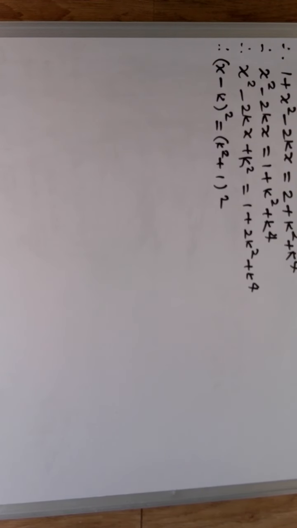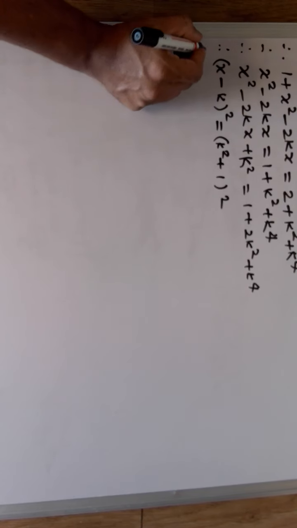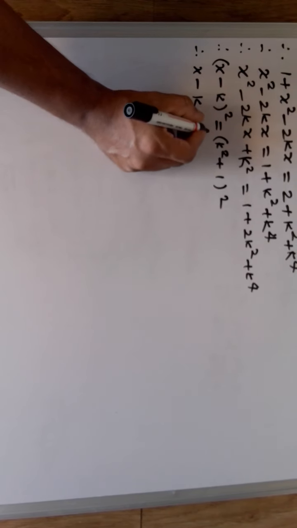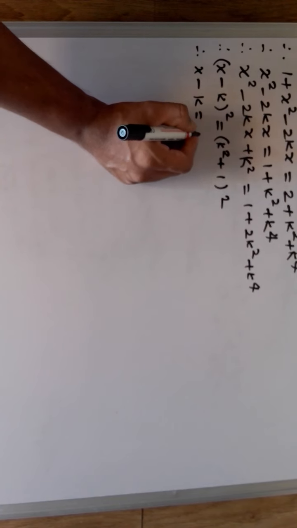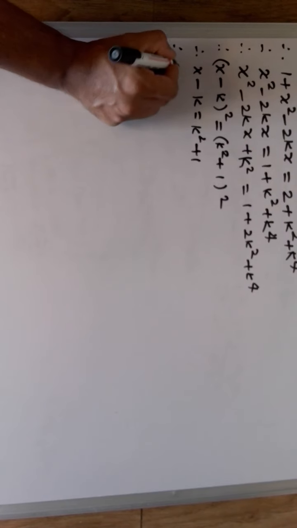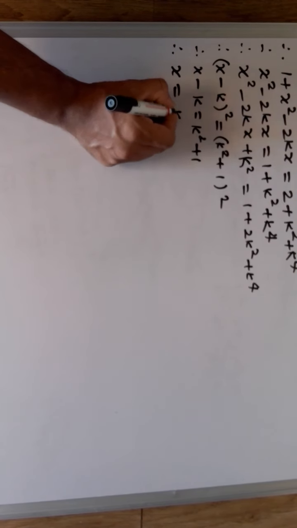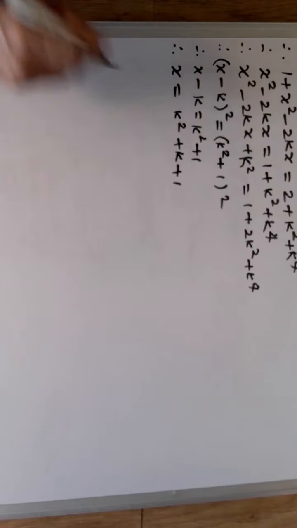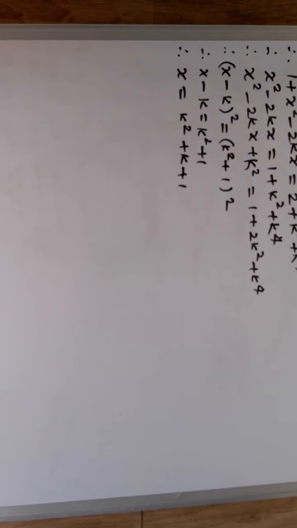Okay, so obviously the value that you will get here will be x minus k is equal to k square plus 1. So why not take this k to that side to get the value of x? So you get here k square plus k plus 1. So what will be the value of y? Sorry, where is x and y? Pause it for a moment, just scroll upside and you will get the value of y also,